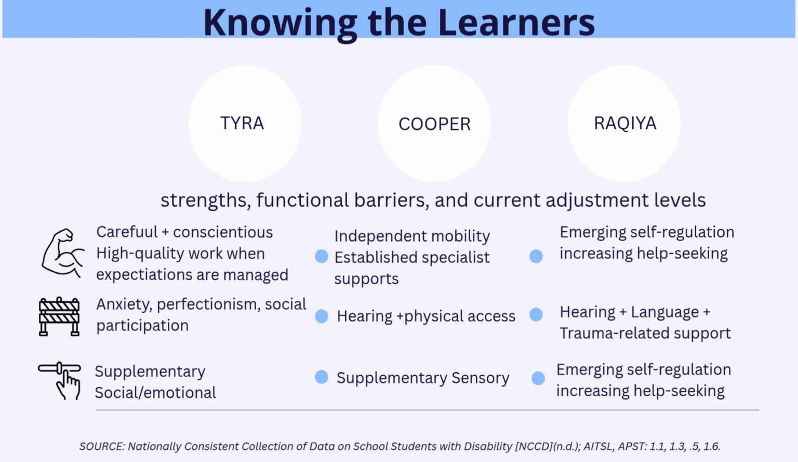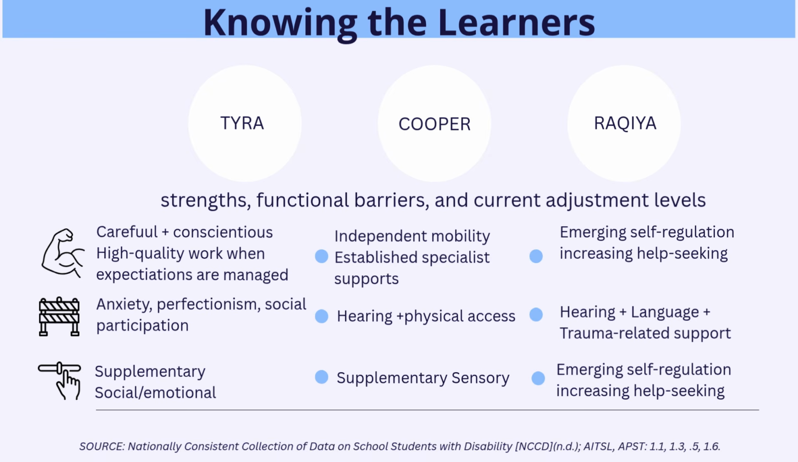Tyra is very careful and conscientious and certainly capable of high-quality work, but it's these high standards that often prevent her from completing her assignments. This perfectionism tends to increase the demands of open-ended activities as well. Social interaction has been affected by her anxiety, which can lead to isolation, and this is exacerbated by a difficulty